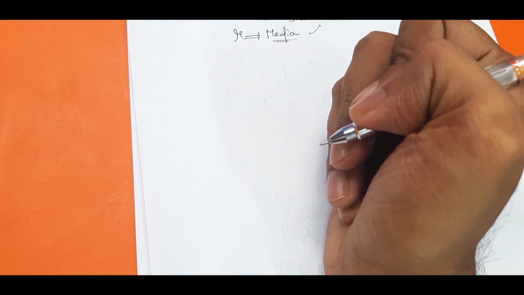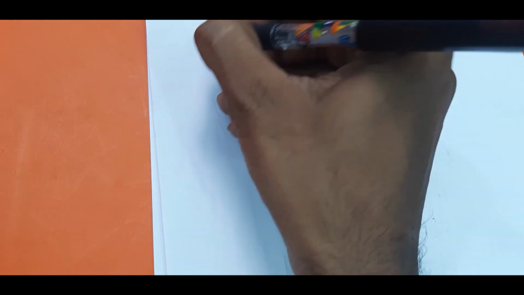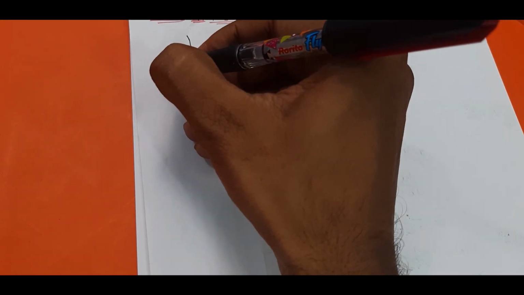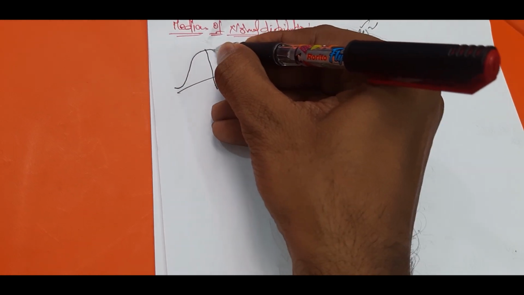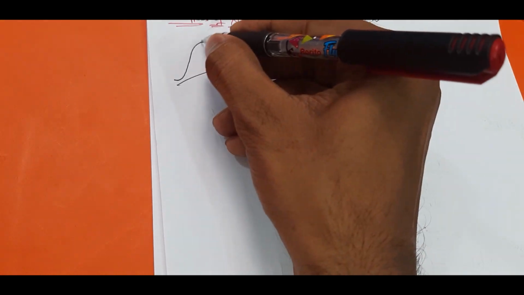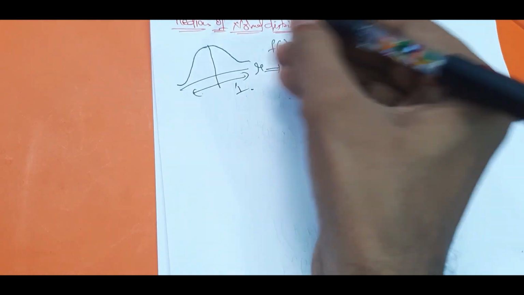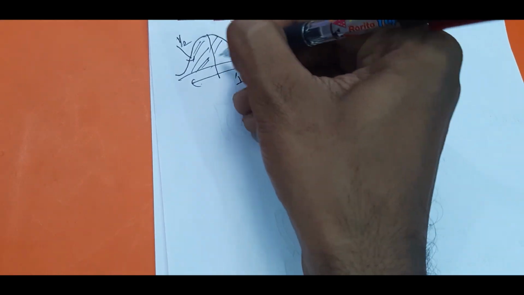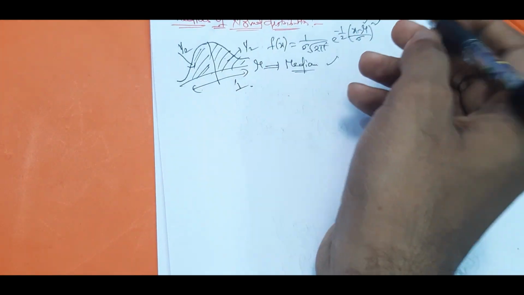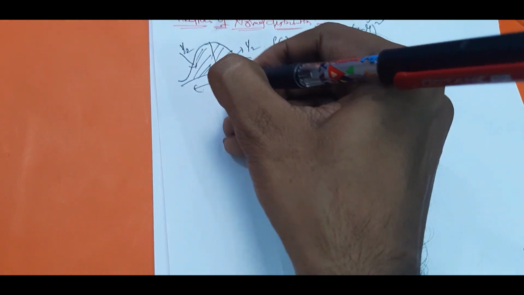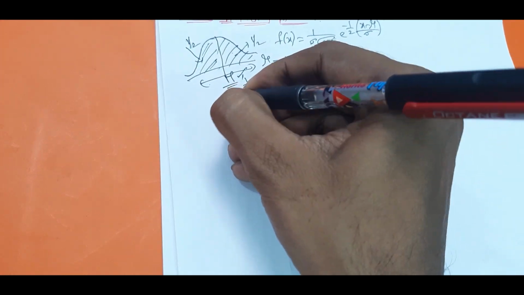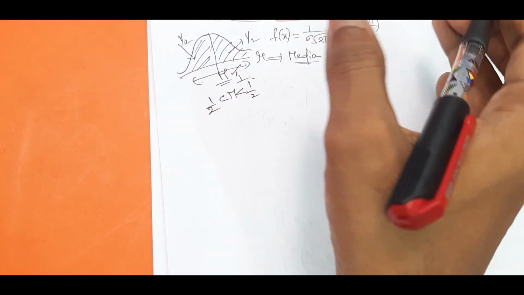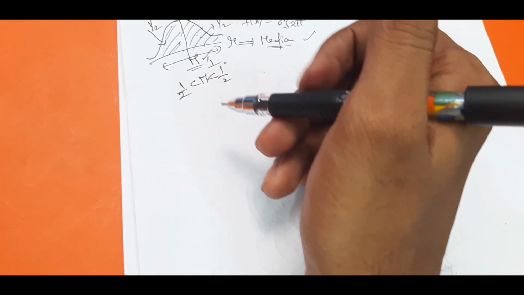Next we will see one thing. If you want to find the median, you already know the Gaussian probability density plot, which is the bell-shaped curve, right? If you draw the plot, the total area will be 1. If you divide it, one side becomes 1 divided by 2 and the other side also becomes 1 divided by 2. So this point will be the median. The median is in between, and 1 by 2 plus 1 by 2 gives us the full 1.